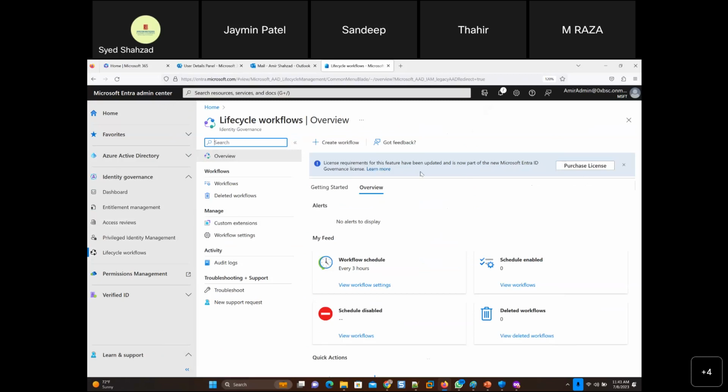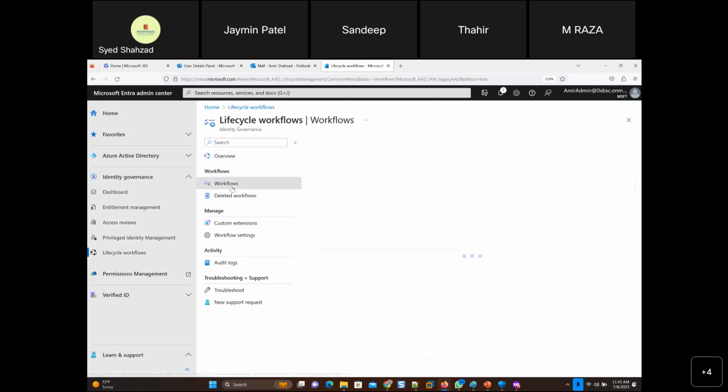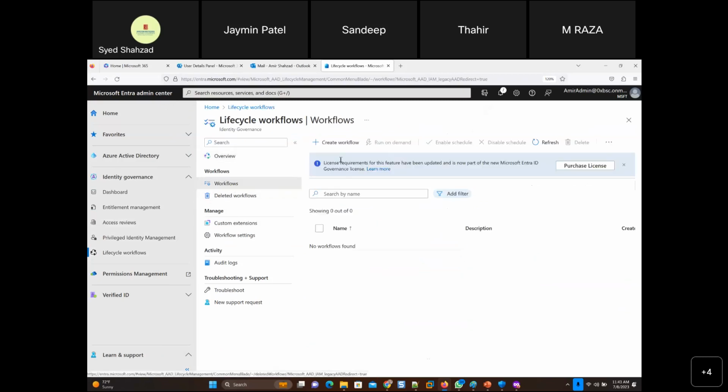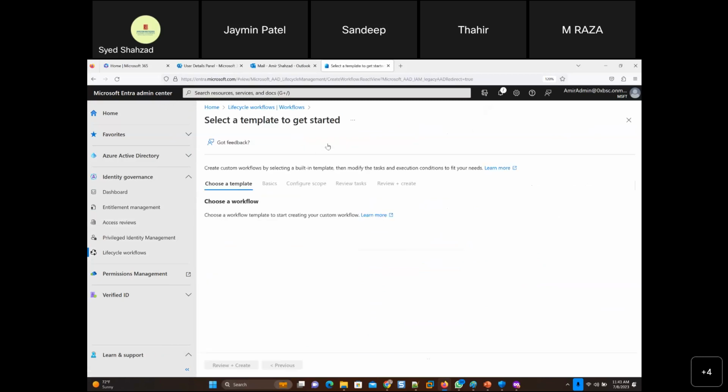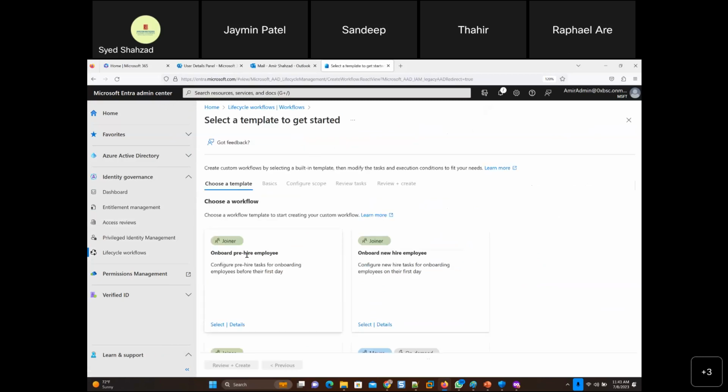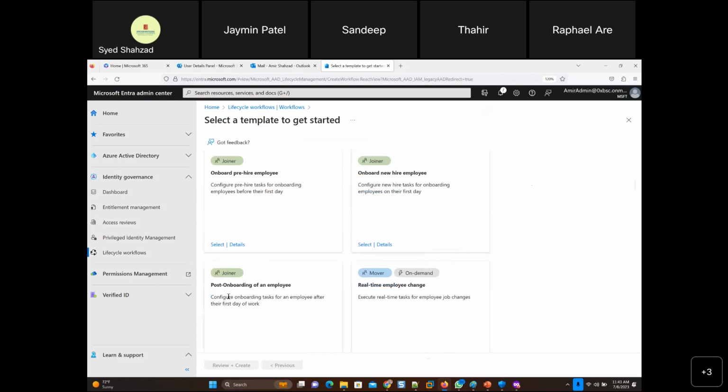Okay, so lifecycle workflows already tells me that you need to purchase a license, and workflow basically means you're automating some tasks there, right? So create a workflow is here, and with workflow, onboard pre-hire employee. You want something automated to happen to a newly hired employee, onboard new hire employee, joiner, and then there are some automated tasks post onboarding of an employee.